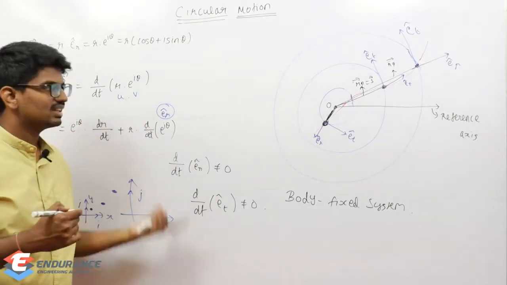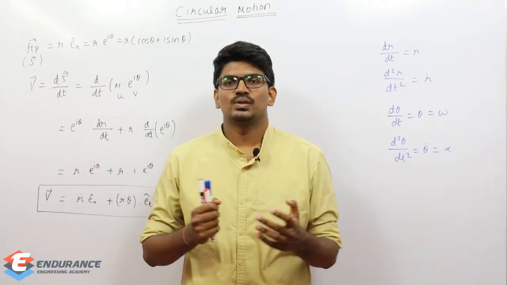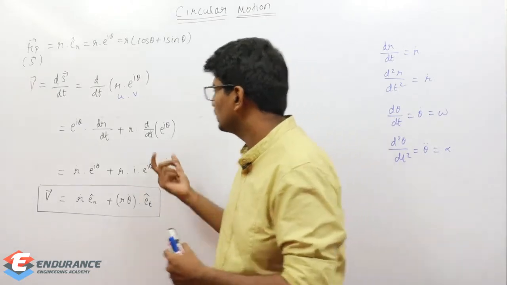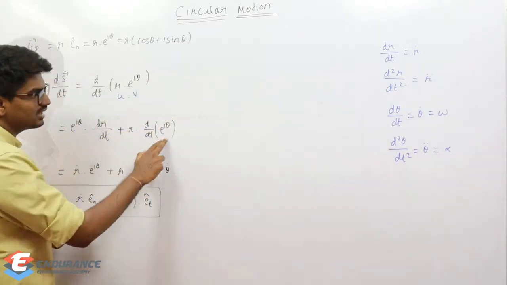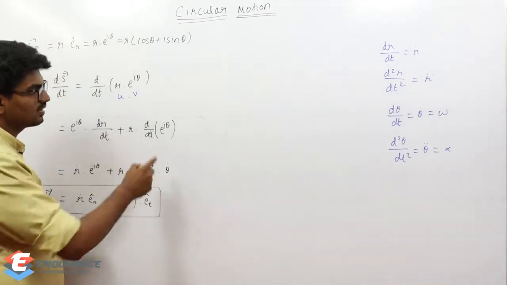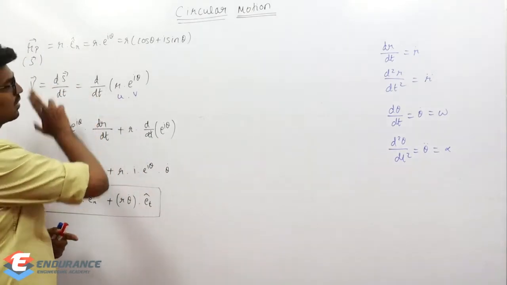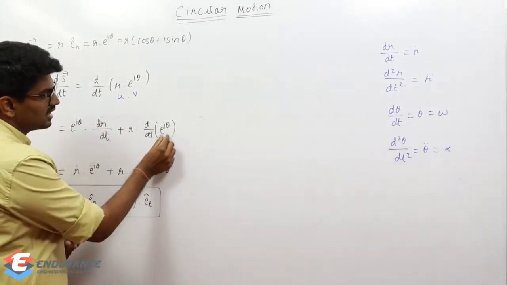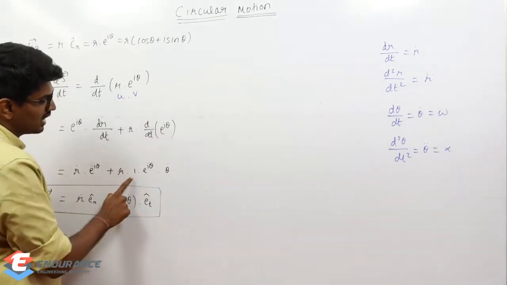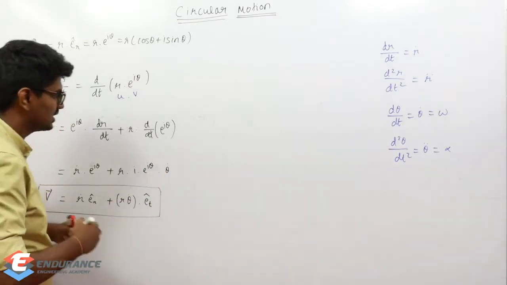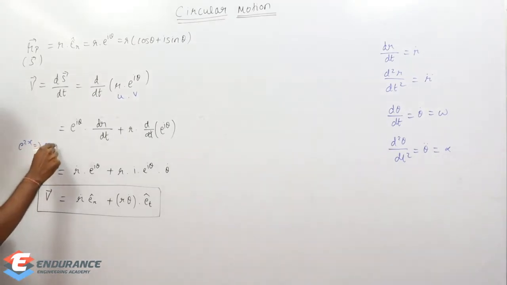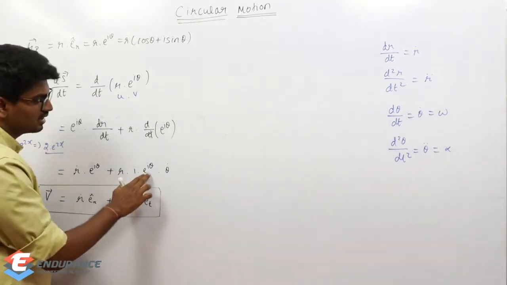Okay, so now we will see the derivation. Hereafter it is very simple. So let us continue. Until this step we have seen in the last case itself. Now this d by dt of e to the power of i theta is not going to be 0, because e power i theta is not constant, e_r cap is not constant. So what will happen if I differentiate e power i theta? Theta is the variable, like e to the power of 2x. If I differentiate e to the power of 2x, it becomes 2 into e to the power of 2x, am I right? So that is i into e to the power of i theta.